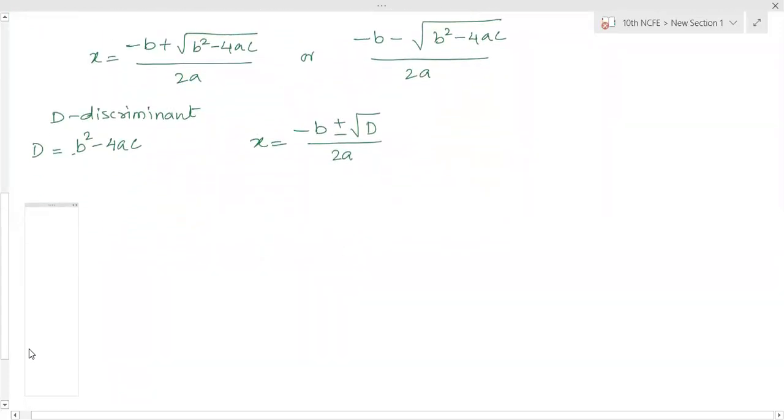So now we'll start with the questions. We'll solve first by the factorization method. Some of the easy questions we can solve by factorization, and then we will check out the formula also. So first one,